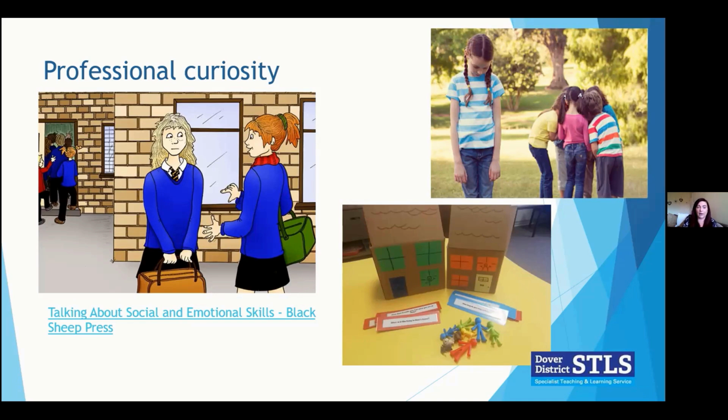Interventions such as Talking About, which is by Black Sheep Press, give opportunities for children to explore scenarios. There's an example on the slide. So you could use this as a way of entering into dialogue about how people are feeling and what they could be feeling and what the child thinks they could be feeling. So the one on the screen is a girl holding a bag, and so what's the other girl talking to her about? Is she saying about how a weekend went, and the other girl looking a bit confused? Maybe she's worried because actually she didn't have a very good weekend and they didn't really do very much that day.